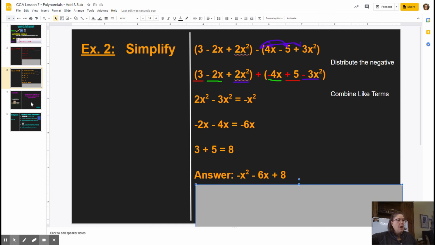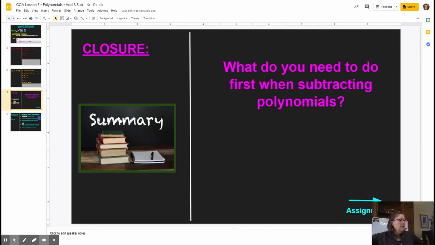All right, on your note paper, here's your closure. What do you need to do first when subtracting polynomials? So what was it that we just talked about? Your sentence starter could be something like, when subtracting polynomials, you need to remember to